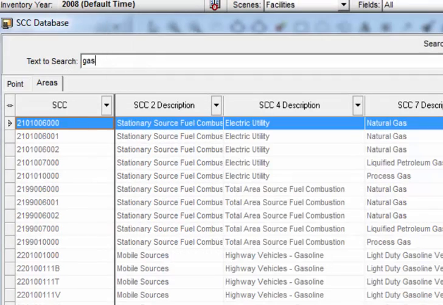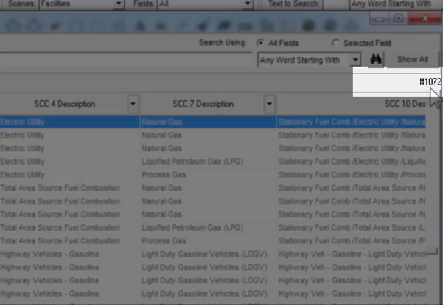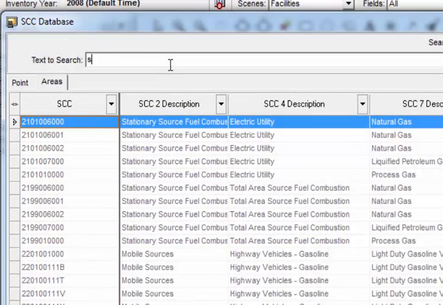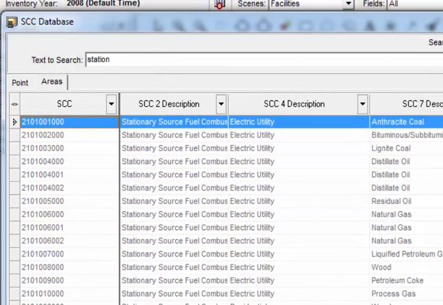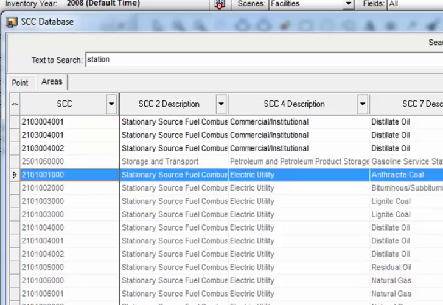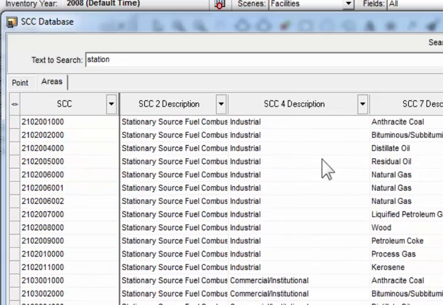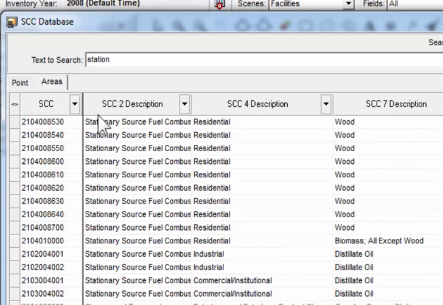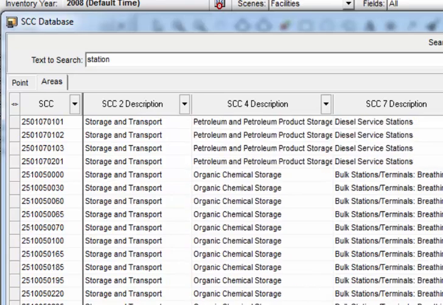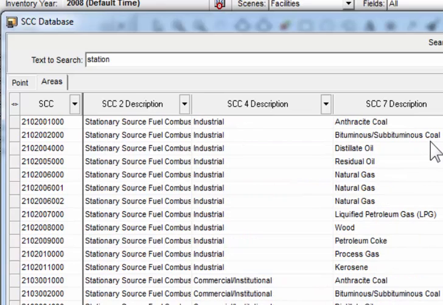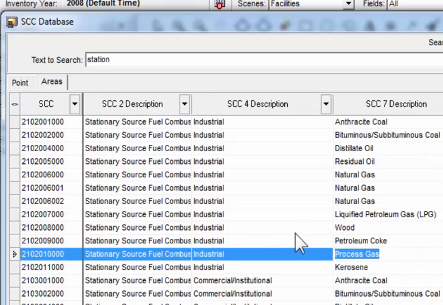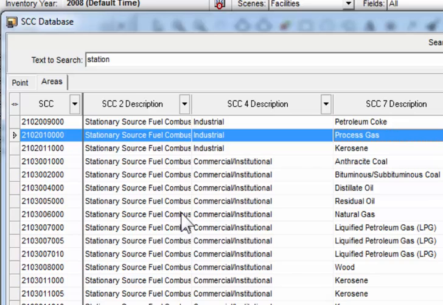And you could see it comes up with 1,072 records. So that's probably not all that useful. Let's see, type in station. We'll see, well, only 172 rows it pulled up. Let's pull the grabber bar up and look through these, and you can see that it has the full code here in the first column, and then the SCC level 2, and just starting at the top, we aren't talking about anything having to do with coal or natural gas, but since there's only 172 records, we could scroll down